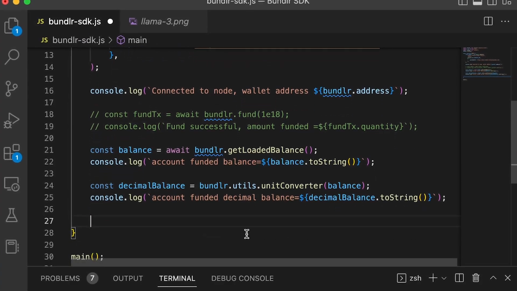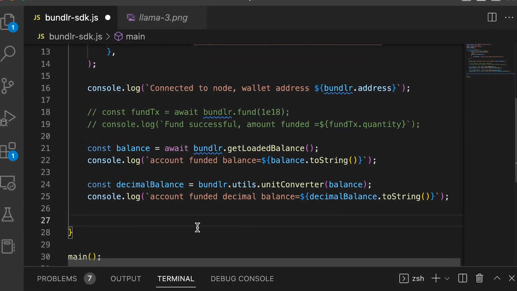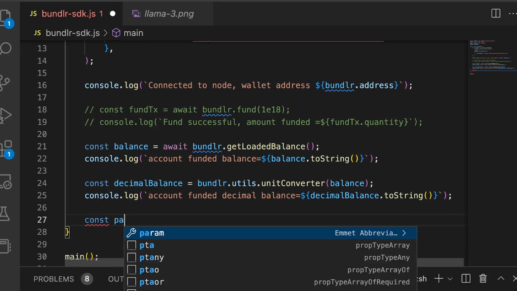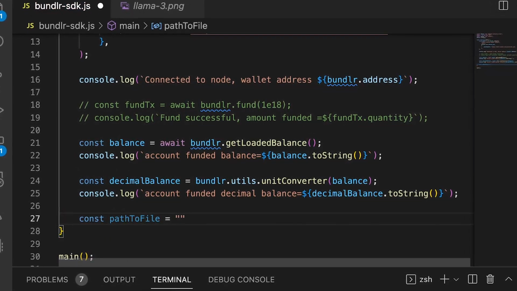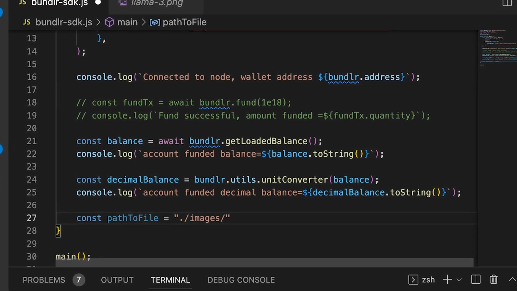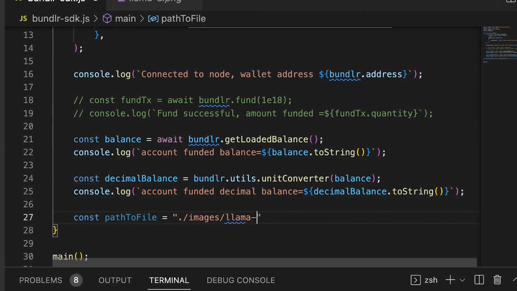So go back here, wait to see how easy this is. Let's make it const pathToFile equals, for me it is ./images/llama.